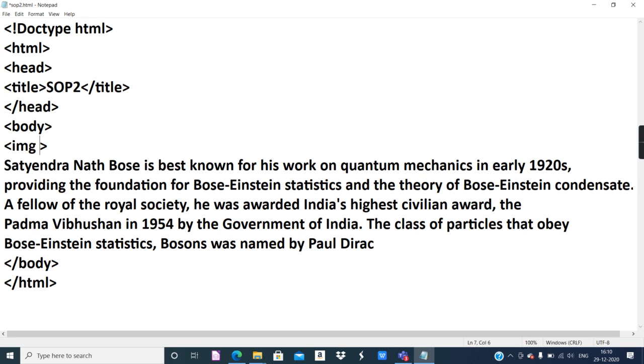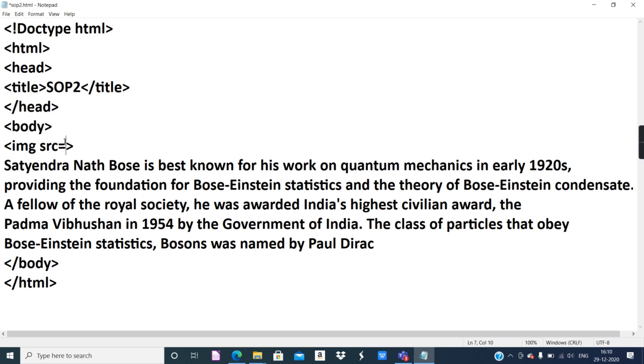So the attribute used to provide the location of the image is src. Src stands for source. So these are the two important things to keep in mind. Use the img tag to display the image, and the most important attribute, the src attribute, because here only you are going to provide the location of the image. So this location of the image will be used by the web browser. Because the web browser is going to display the web page, so the web browser is going to find this image, so you have to provide the